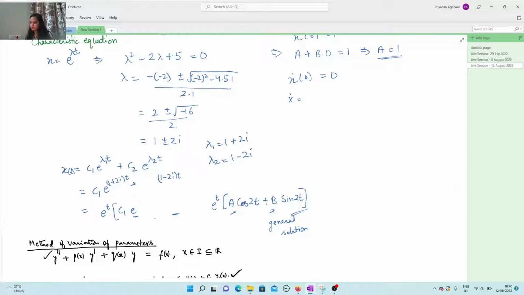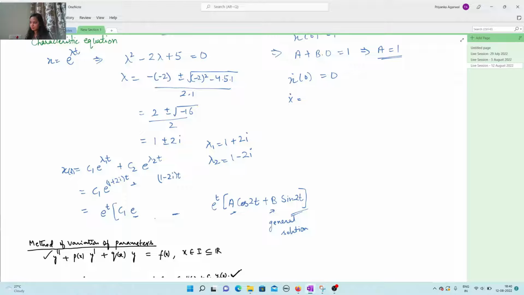So it will be 2 minus 2 sin 2t plus 2 cos 2t, and now e cos 2t plus e sin 2t into the differential of e to the power t,